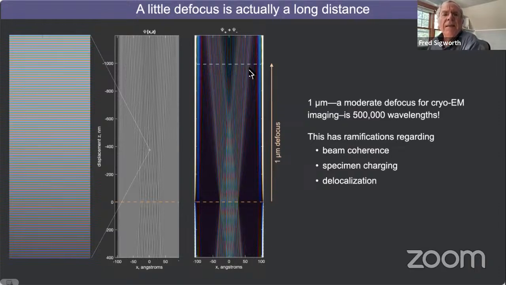We're actually relying on the fact that in a good microscope with high coherence, electrons take exactly the same path through the column. They don't come through at different angles. And the reason that's important is that we're imaging what amounts to an interference pattern 500,000 wavelengths away from the object itself. And if electrons come through at different angles, the all important interference pattern is going to be washed out. So that's why we spend an extra $1 million to